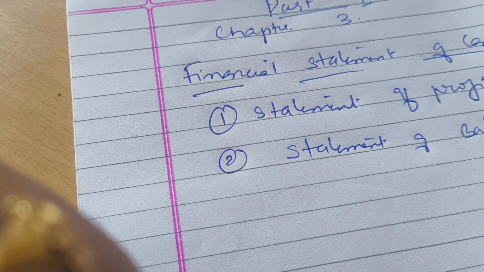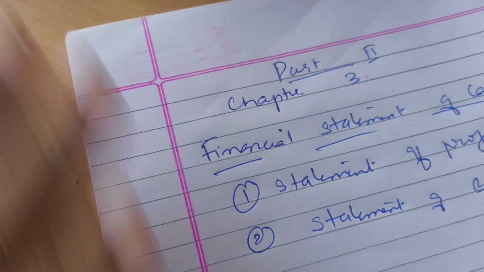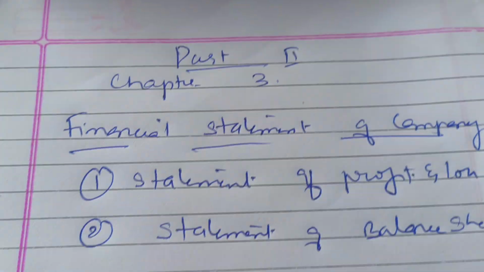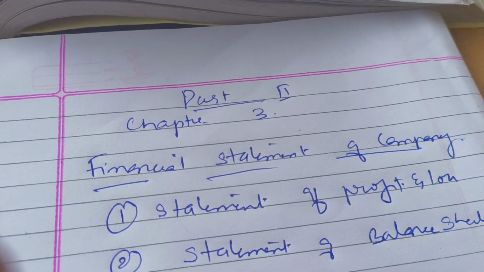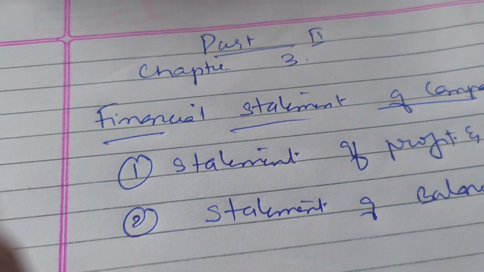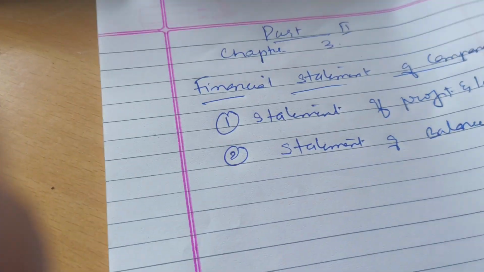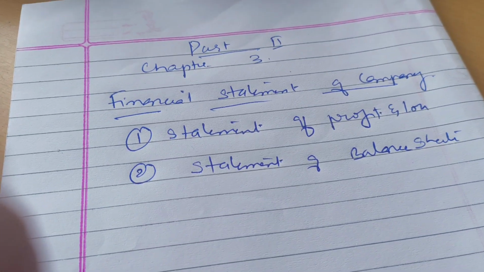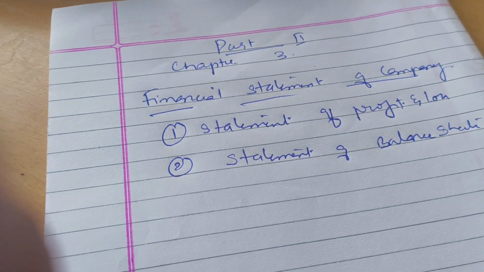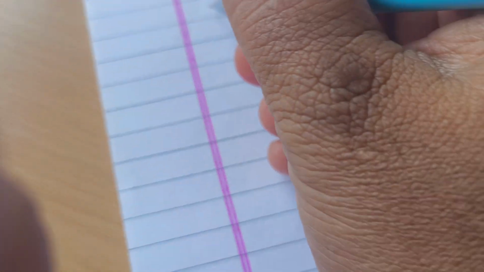The statement of profit and loss and the balance sheet are the main two financial statements which need to be maintained by a company or corporate organizations, as at last they are the final outputs. In the statement of profit and loss, the amendment was made recently. First we used to write in the vertical form, now we are going to write in a horizontal form. In horizontal form, the format has been given. The format of the statement of profit and loss is very simple.